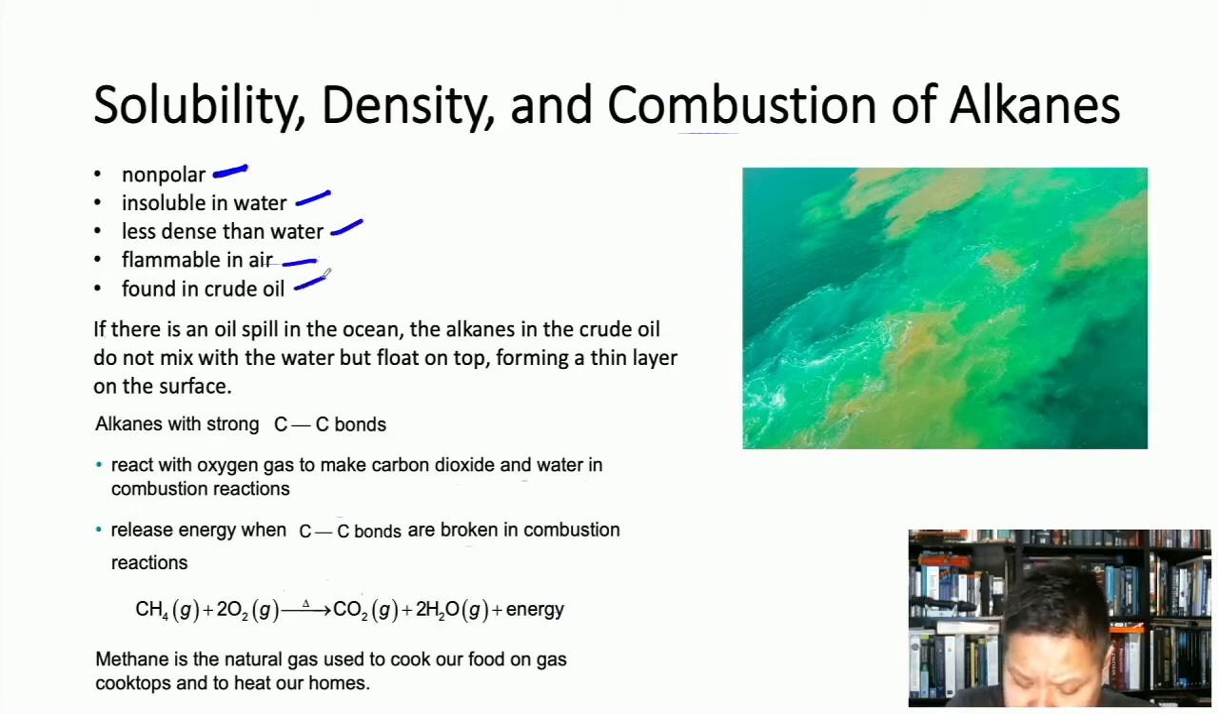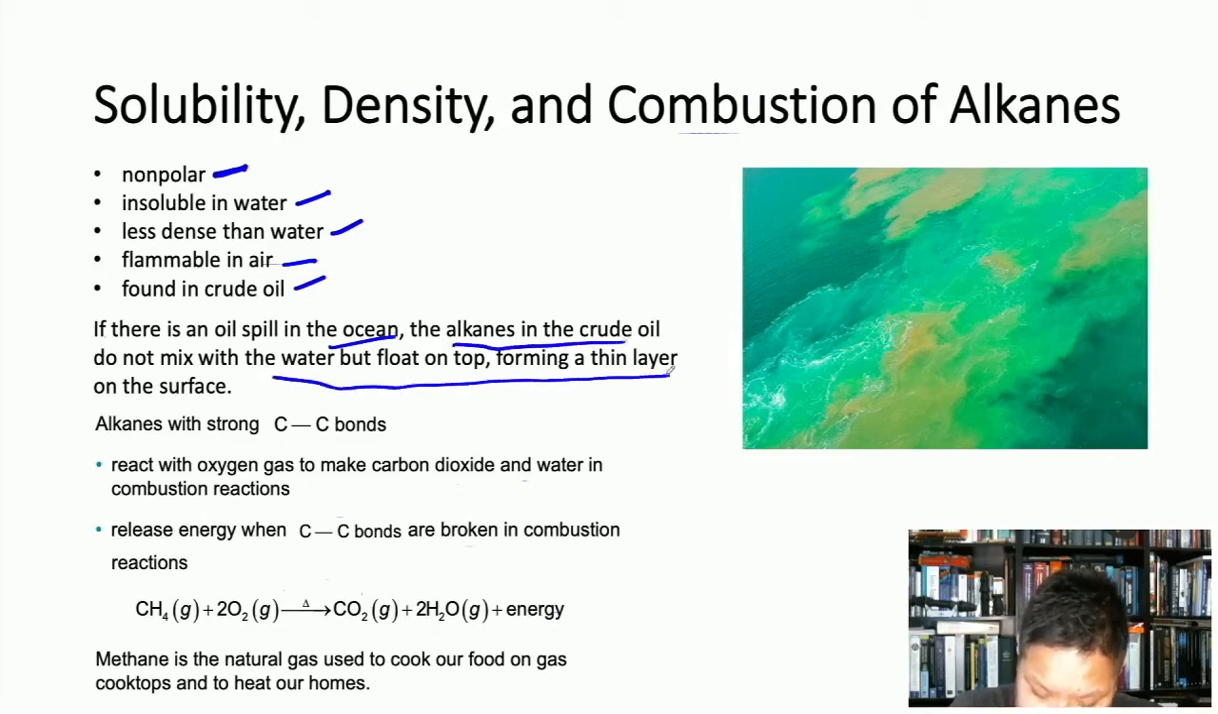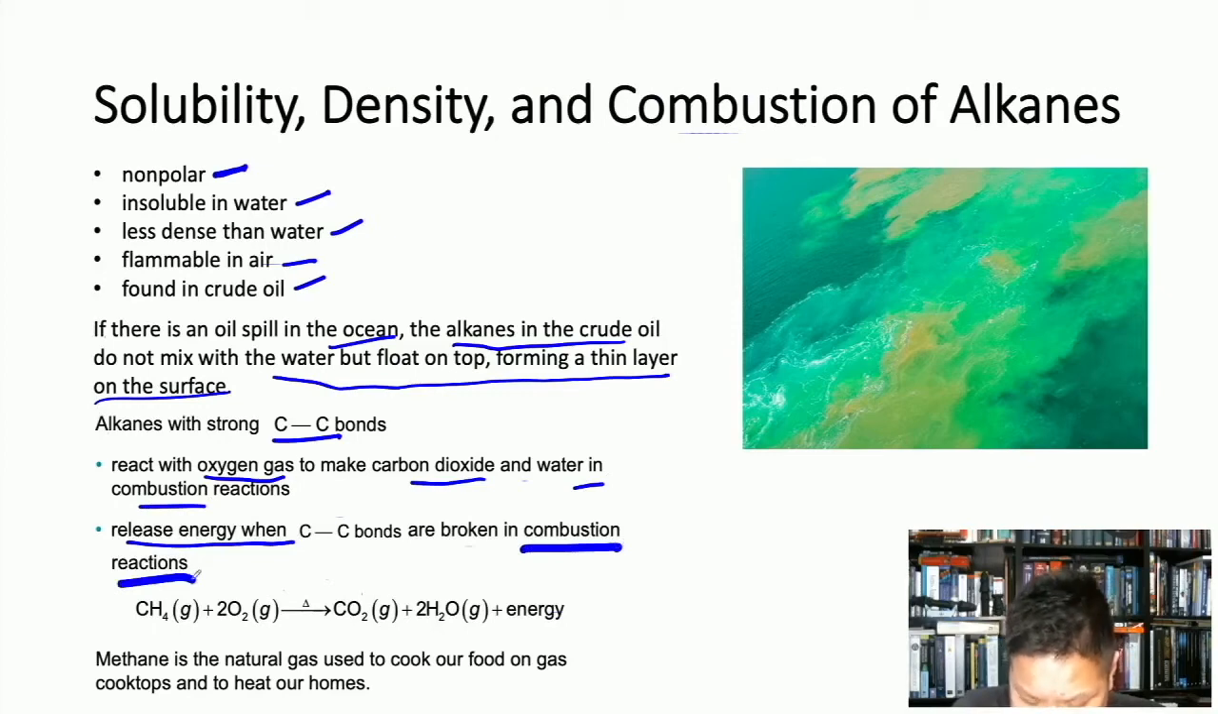Alkanes are found in crude oil, and when there's a spill of oil in the ocean, right, those alkanes don't mix with the water, and they're floating at the top of the water, forming a very thin layer on the surface. But we need them, though, because those strong carbon-carbon bonds react with oxygen gas to make carbon dioxide and water, releasing tons of energy, in a reaction that we already know as the combustion reaction, right? So here we have methane gas